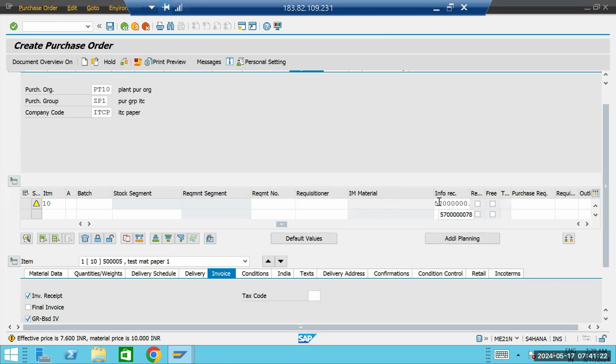here you can see info record is taken automatically for this material and vendor combination. Whatever info record is there, it is taking by default. Okay,